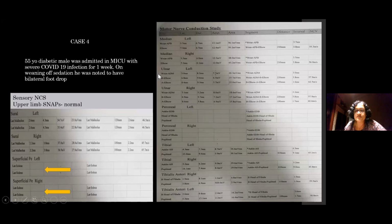Now, in the motor studies, you can see upper limbs are all normal, no problems there. And you can see the peroneal recorded from the extensor digitorum brevis, which is an L5 muscle, is absent bilaterally. And if you look at the tibial nerve stimulating from and recording from the abductor hallucis or from the intrinsic foot muscles, amplitudes are normal, latencies are normal, velocities are fine, so that looks normal. But the peroneal nerve recording from the tibialis anterior bilaterally,